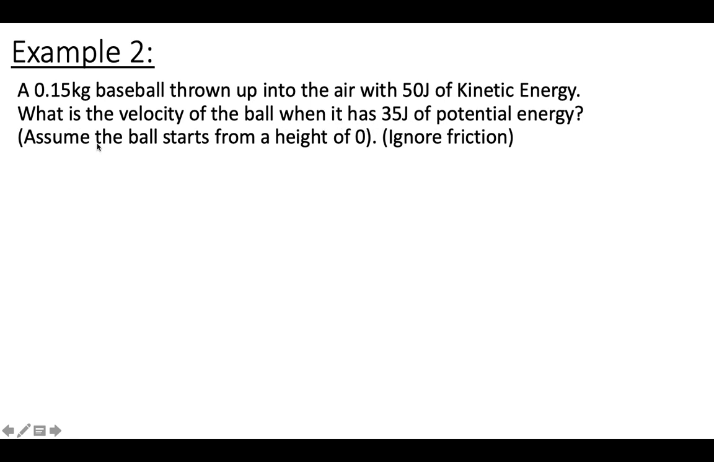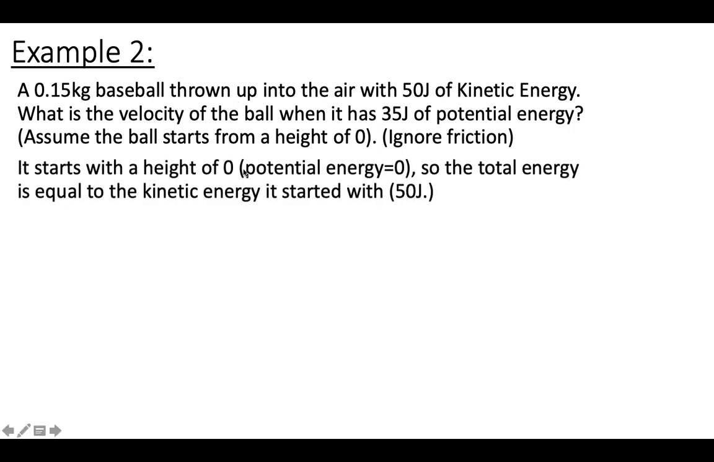So what we want to do is assume that the ball starts from a height of 0, and once again we're going to ignore friction, to keep things a little bit simple. We're going to totally ignore friction. If it starts with a height of 0, then its potential energy is 0. So we can figure out the total by just using the kinetic energy that it started with. That's 50 joules. So 50 joules of kinetic energy, there's no potential, so the total energy is also